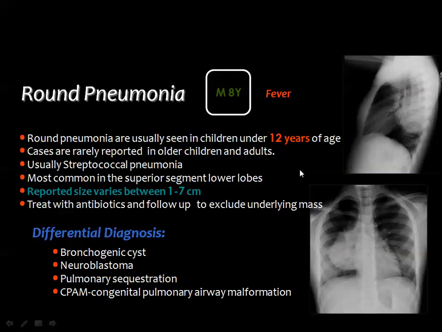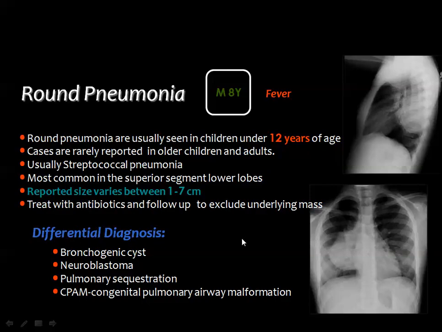Whenever you are going to diagnose this, you know that this is bacterial infection and it is usually treated by antibiotics. The size of the round pneumonia ranges from 1 centimeter up to 7. The 1 centimeter is a nodule and the 7 centimeter is a mass,